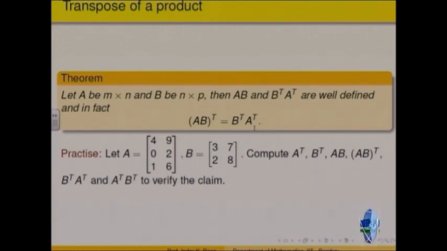One reason that this should be so is that if you take AB and transpose, the rows are going to be interchanged with columns. Similarly, if you have B transpose, already rows are interchanged with columns. So, for the remaining product, the rows and columns already match. Okay. But try to verify it, try to write a proof of this if possible. Those of you who are very keen, take A